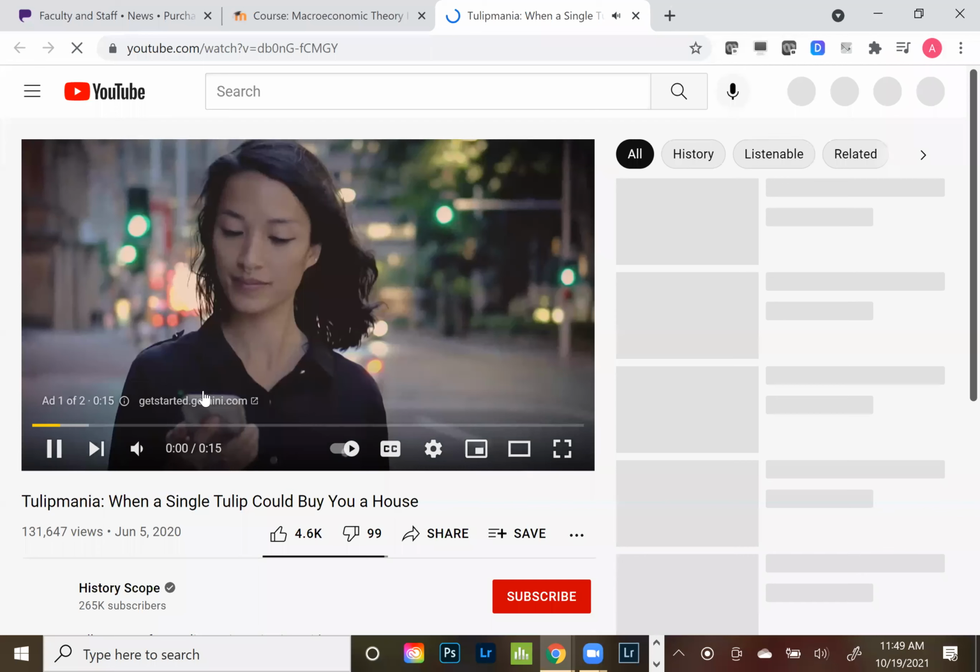And as prices grew, more and more people who knew nothing about tulips wanted to get in on the profitable tulip trade. So people who knew very little about tulips started buying tulips with the idea that they could sell them for a profit in the future without ever wanting to own a tulip themselves or plan on making a